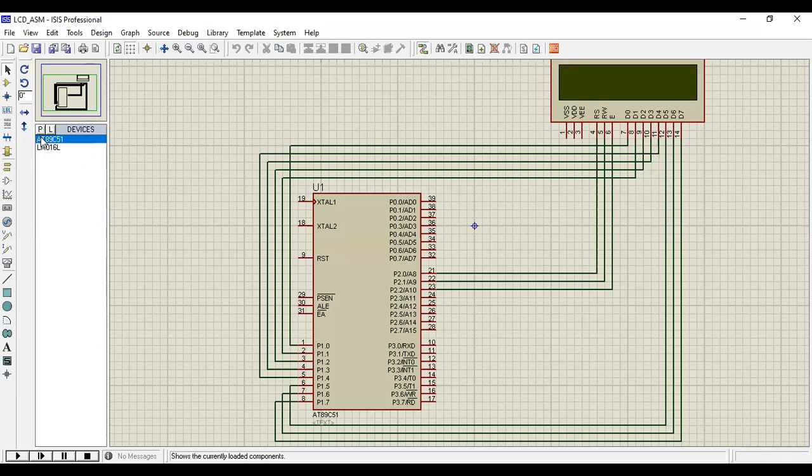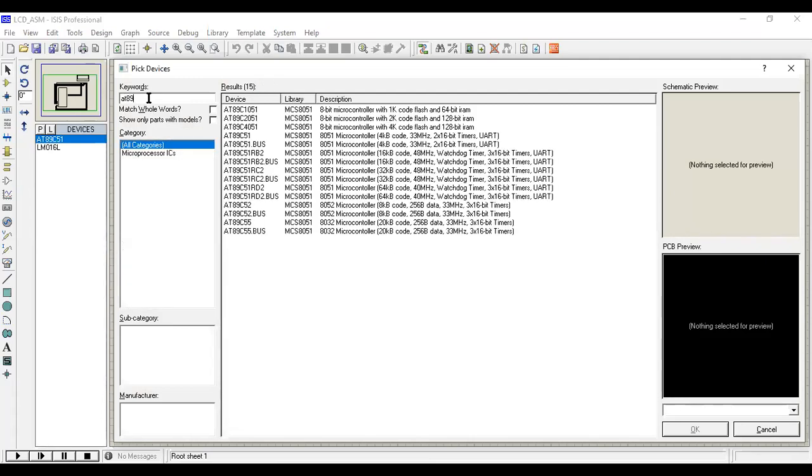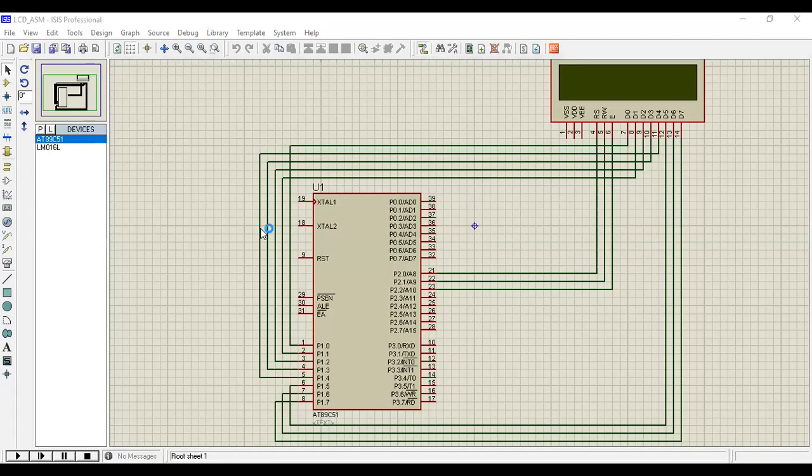Here I want the microcontroller AT89C51. So you can go to Pick from Libraries. Here you can search for AT89C51.